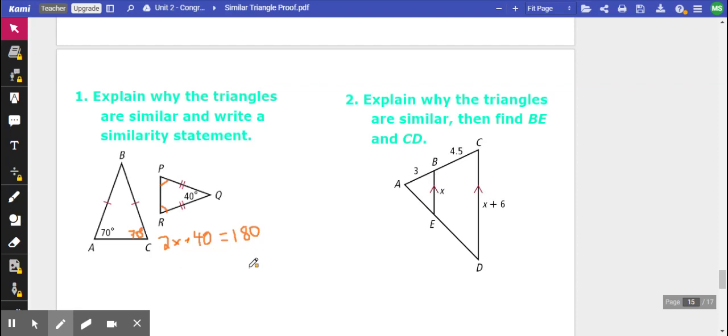If we just solve that for x, we would subtract 40 and then divide by 2 to get our answer for x. And x ends up being 70 degrees. That would mean that both of these triangles have two 70-degree angles, and that would right there be enough to say that they are similar by angle-angle